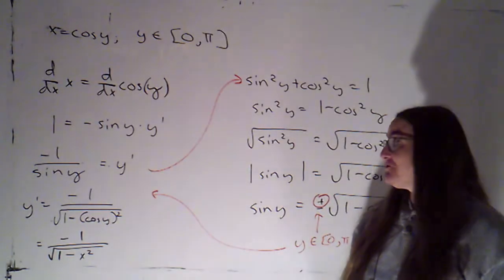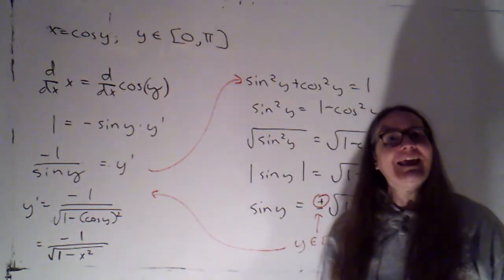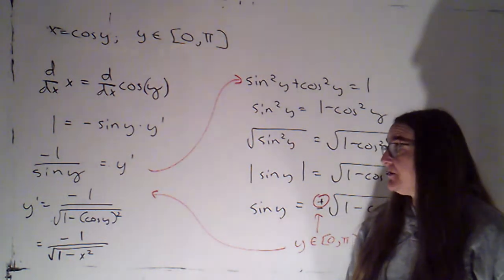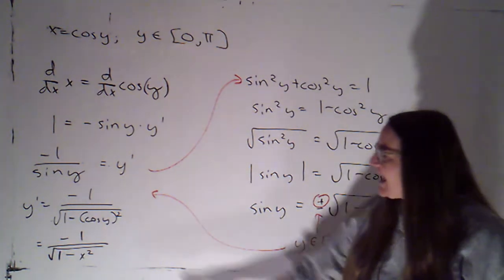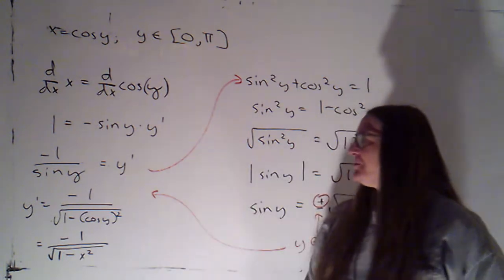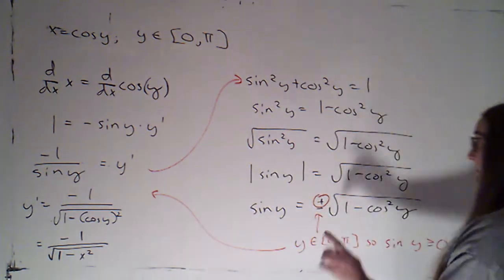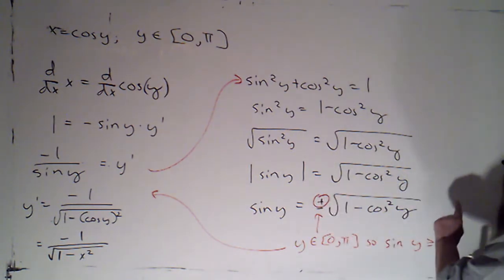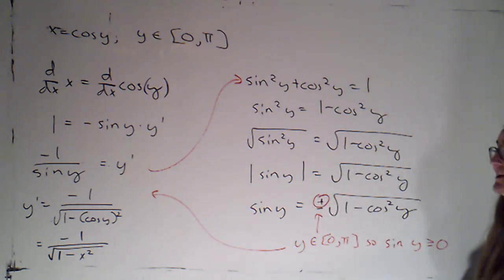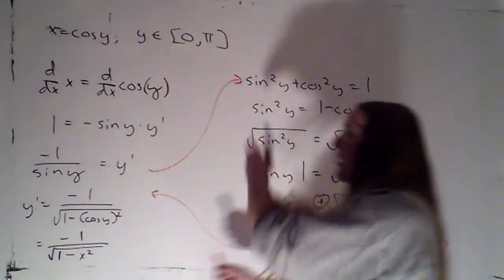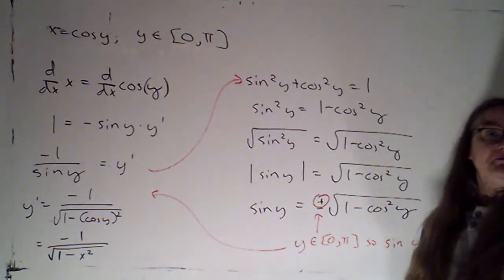This is kind of interesting. You should have gotten exactly the opposite of what you got when you took the derivative of arc sine. We get negative 1 over root 1 minus x squared. Now, if you got that and you remembered to justify choosing the positive square root when you solved for sine y, you can go ahead and skip the rest of this video. If you want to talk through this derivation together, stay tuned.